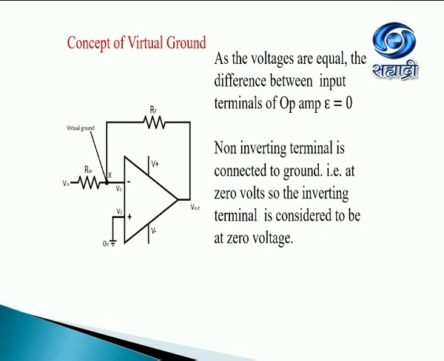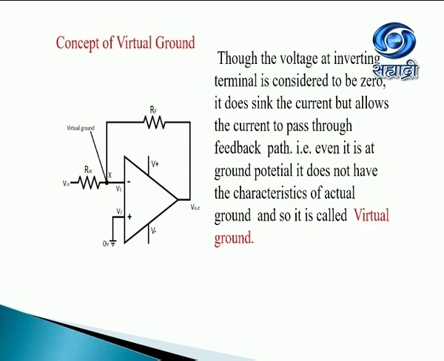Non-inverting terminal is connected to ground, that is at 0 volts, and so inverting terminal is considered to be at 0. Though the voltage at inverting terminal is considered to be 0, it does not sink the current but allows the current to pass through feedback path. Even though it is at ground potential, it does not have the characteristics of actual ground, and so it is called